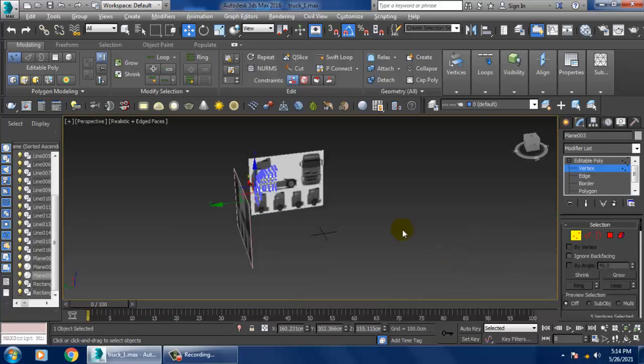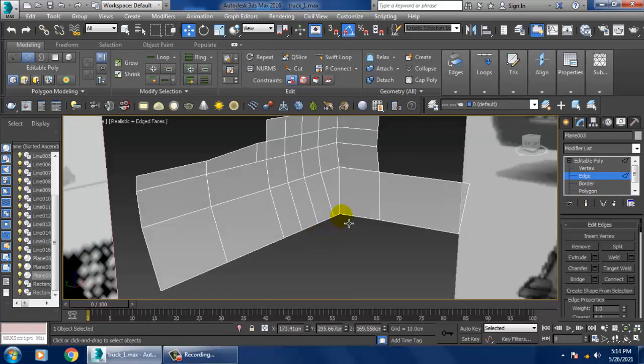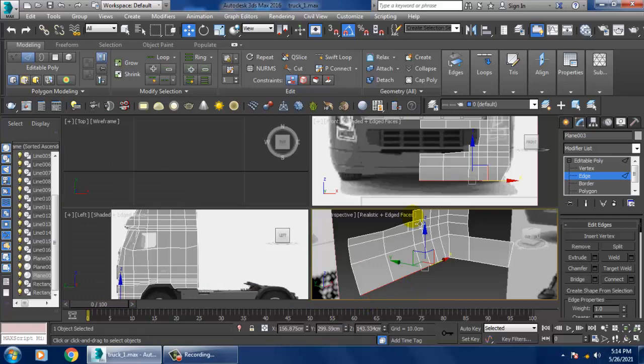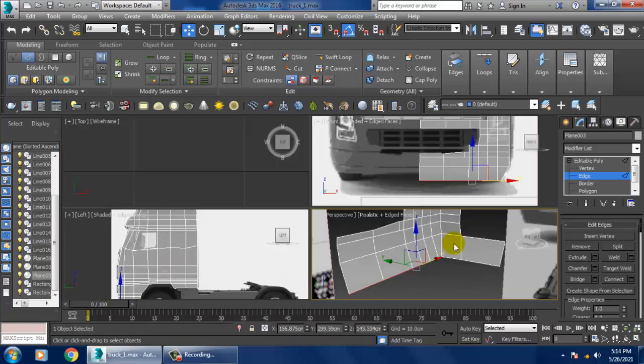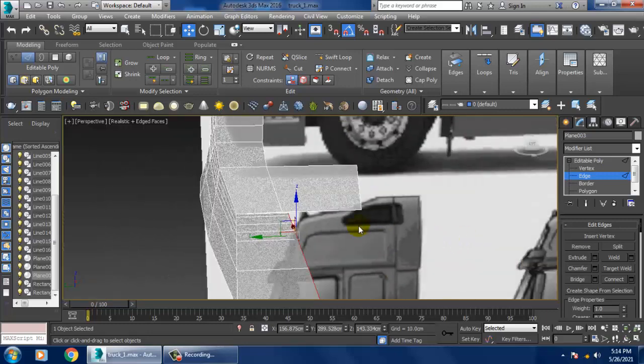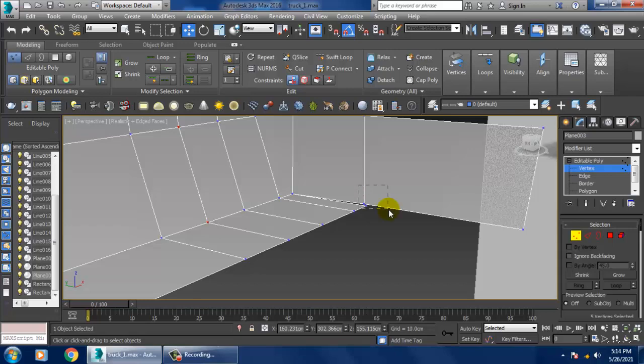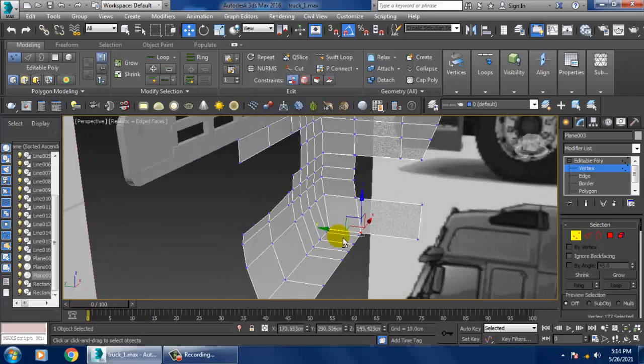If you look at it closely, the base part will go a bit inside this way. Much better. So select the vertices and just build that.